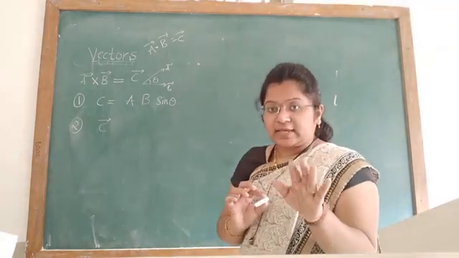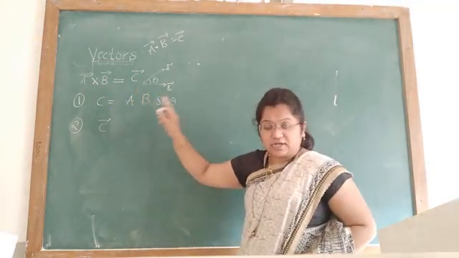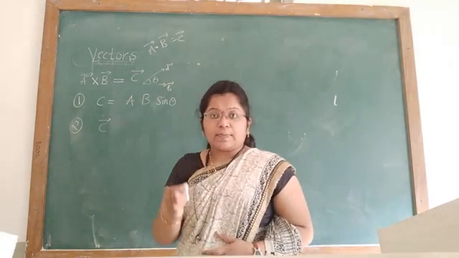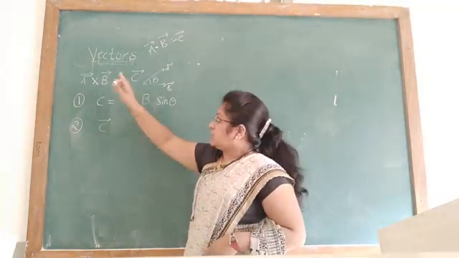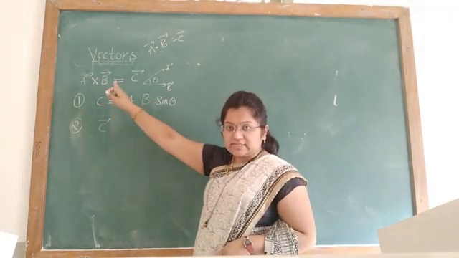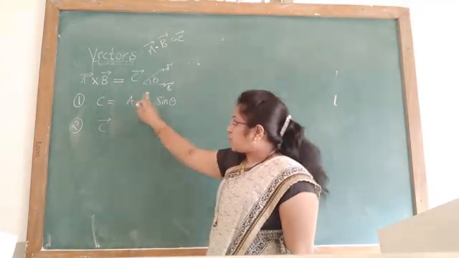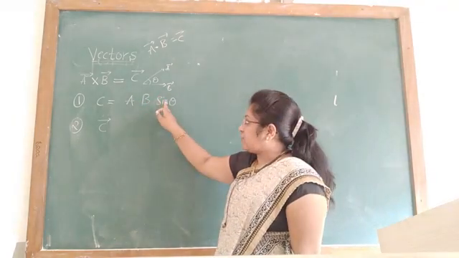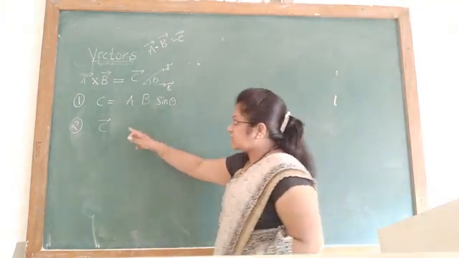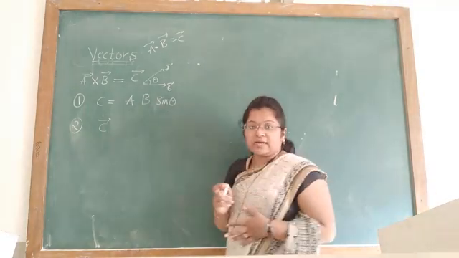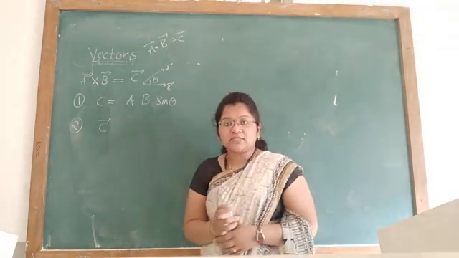The meaning of this is that the vector C, which is the vector product of A and B, has its direction perpendicular to the plane containing A and B. So what I am concluding here is that if A and B are two vectors and C is the vector product of A and B, then its magnitude can be given as the product of the magnitudes of A and B and the sine of the angle between A and B. This is the magnitude of C, and the direction of C is always perpendicular to the plane containing A and B, and the direction can be found using the right hand rule or the right hand screw rule.